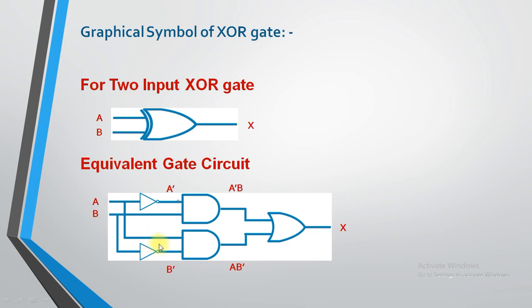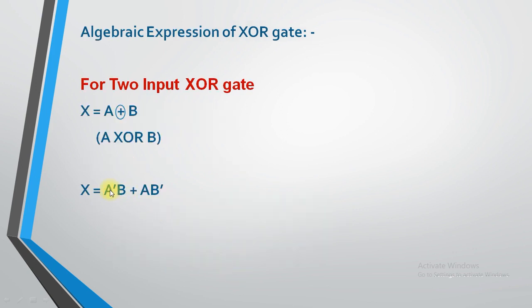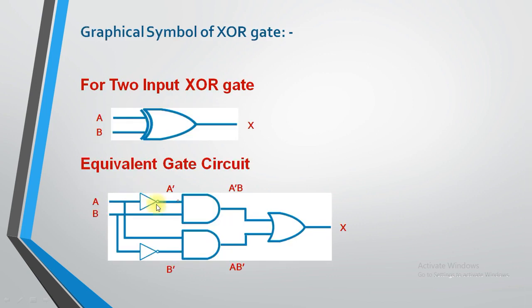For that I have placed a NOT gate in between. So the value of A will be passed as it is, but the value of B is inverted and it passes B dash over here. So the output over here will contain A dash B and AB dash. Now what is my requirement? I want to add this thing, right? So for addition I have an OR gate. So I have used an OR gate over here, and finally I will get the output.